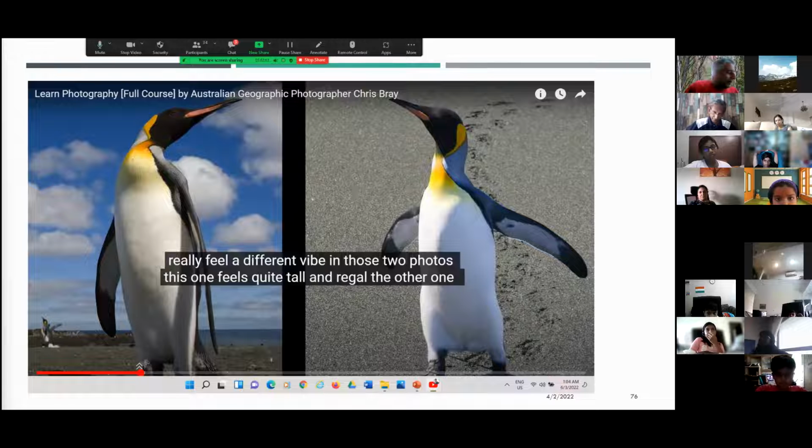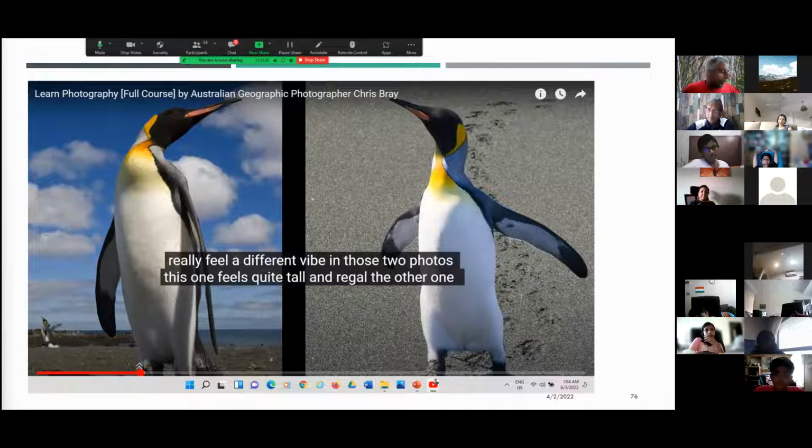And you can see how the penguin seems taller in the first frame on the left. And on the other frame, the angle shows him from up. Okay, now she's taking the photograph from above. Again, you see the penguin, it looks regal, like a king, how he's walking like a king. So again, the angle that you take the photograph from, whether you're taking it from down on the ground or from above, also has an impact on the kind of story that you are trying to